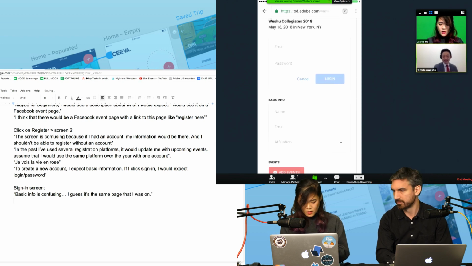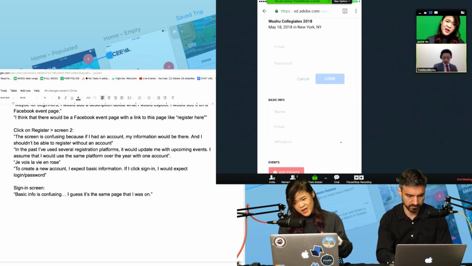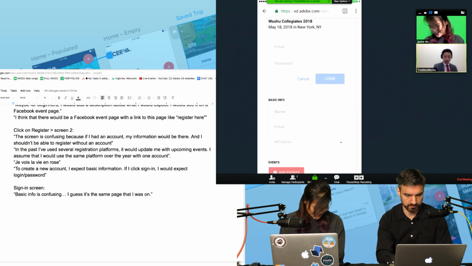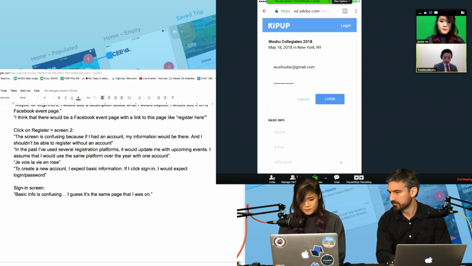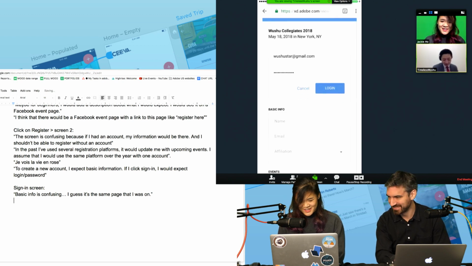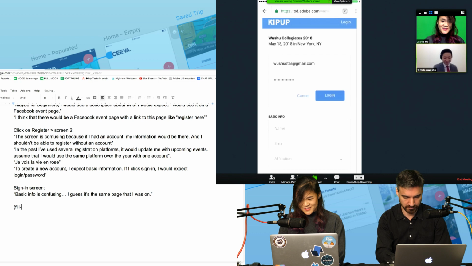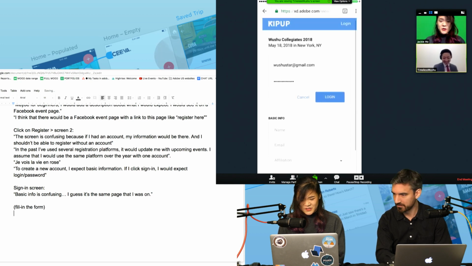Gotcha. Go ahead and actually enter your information. You can't type, but you can just click on it. Cool. Wushu Star. Isn't that your email address? It is. Cool. And what would you expect to see after logging in?